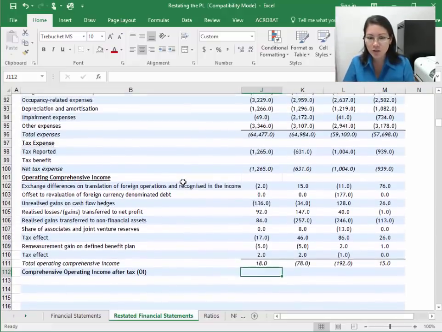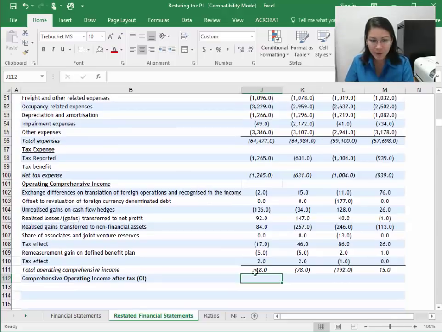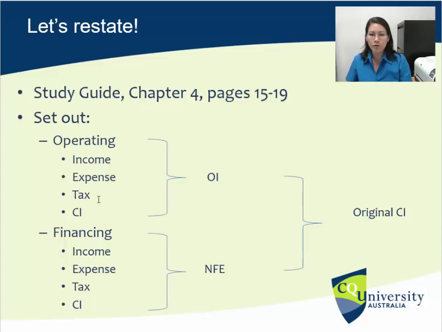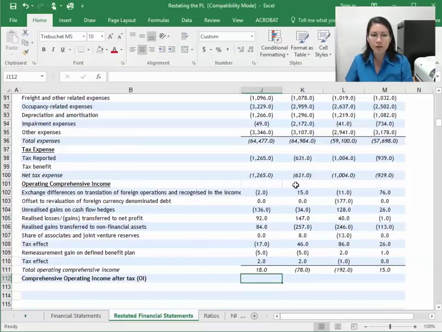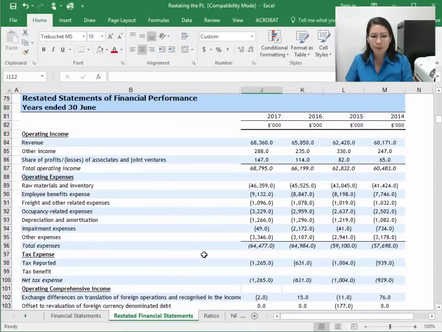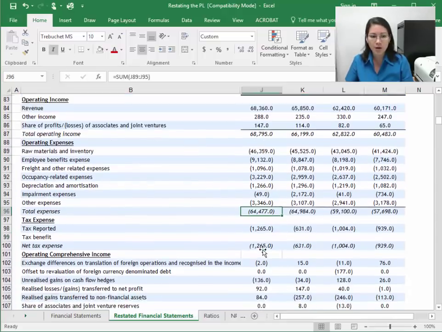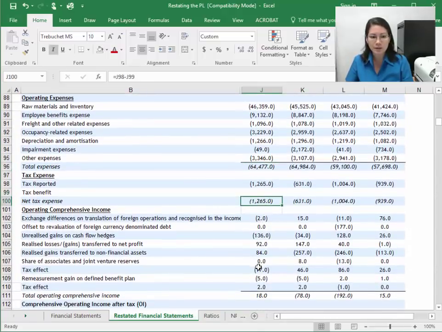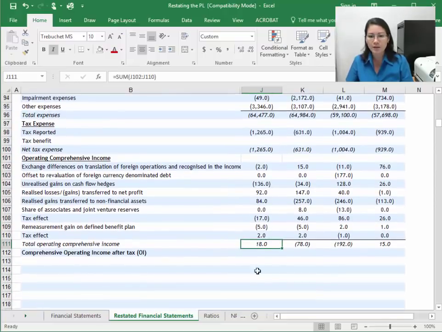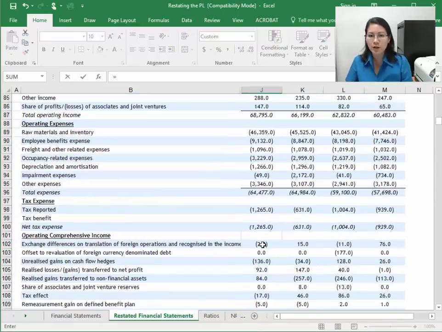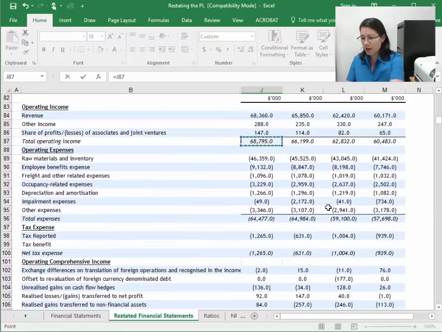So please do take time to put the acronyms in. Now, so operating income equals the sum of all of these. So logically, we have to go through and see what we've got. So I have got my operating income, my total expense there, my net tax expense there, and my total of that. Okay, so what I want to do is say equals my revenue, so my operating income, minus my expense,